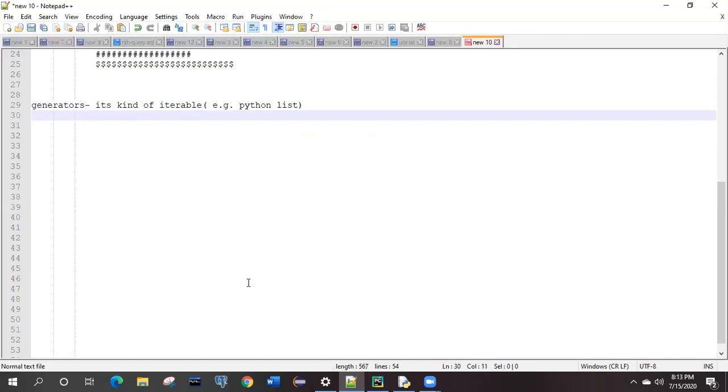So it will always generate a sequence of numbers. In the case of a list, we are iterating from one thing to another. But in the case of a generator, it will generate a sequence of numbers.